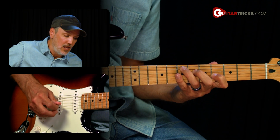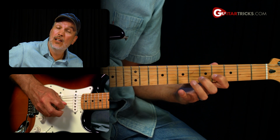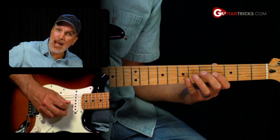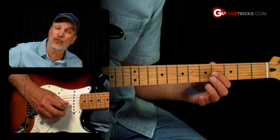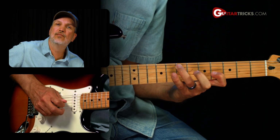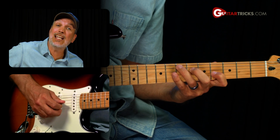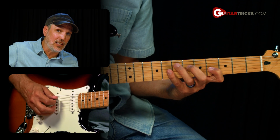Okay. Next, I'm going to add a hammer-on pull-off to the G string. So I'm going to pick the 4th fret of the G string and then hammer on to the 6th fret of the G string and then pull back off to the 4th fret of the G string. Okay. Then I'm going to come back down to the 6th fret of the D string, pick that, and then pick the 4th fret of the G string and let it all ring out. So if you put it all together,